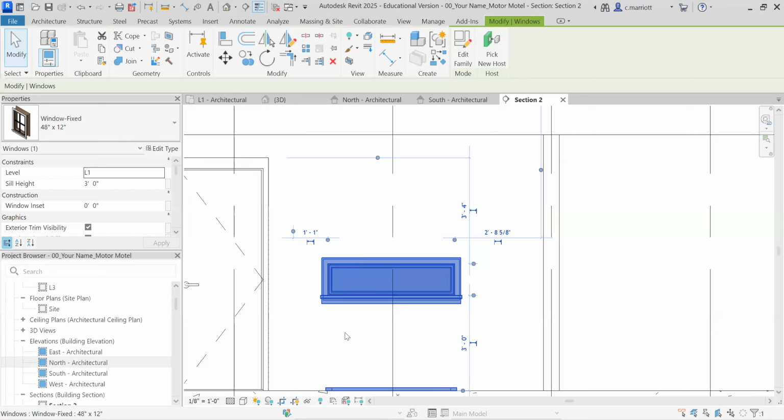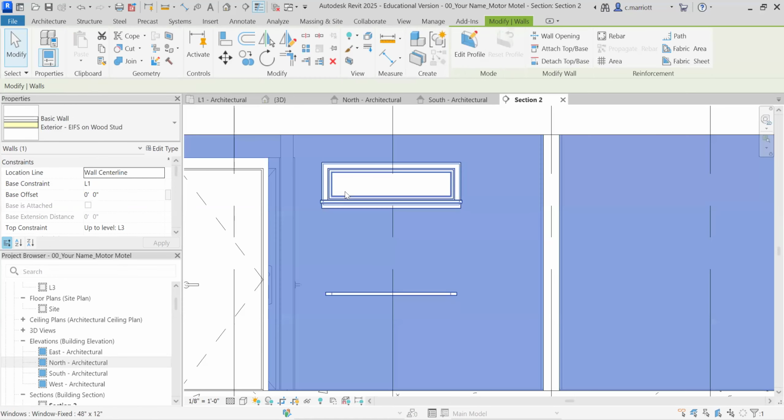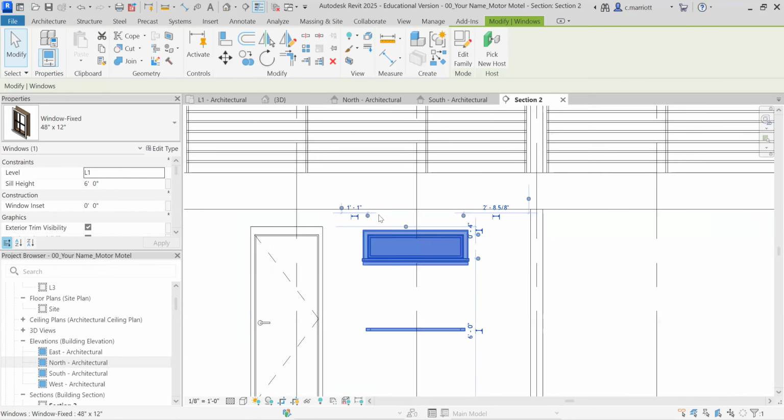And let's then move it up from 3 feet. Let's say that this is going to be 6 feet. Again, so we have that alignment. And I'm also going to center it between, no, I'm not going to center it. I'm going to move it over. Let's make this dimension